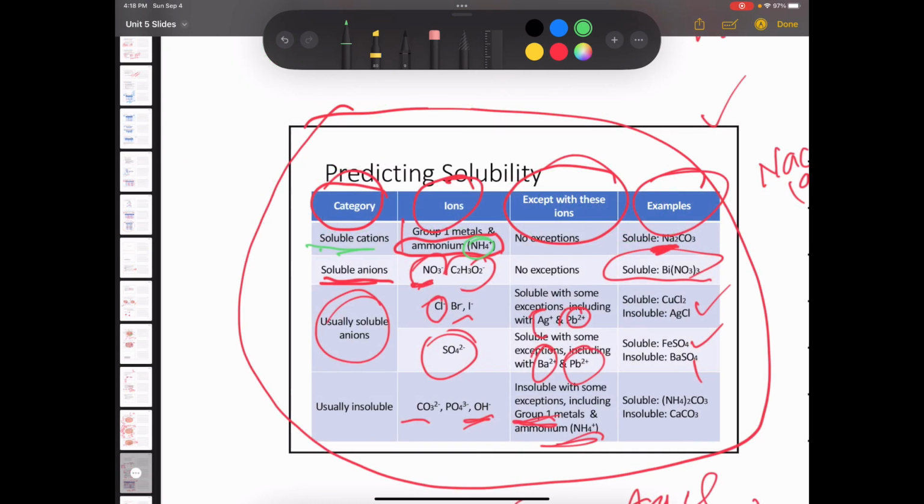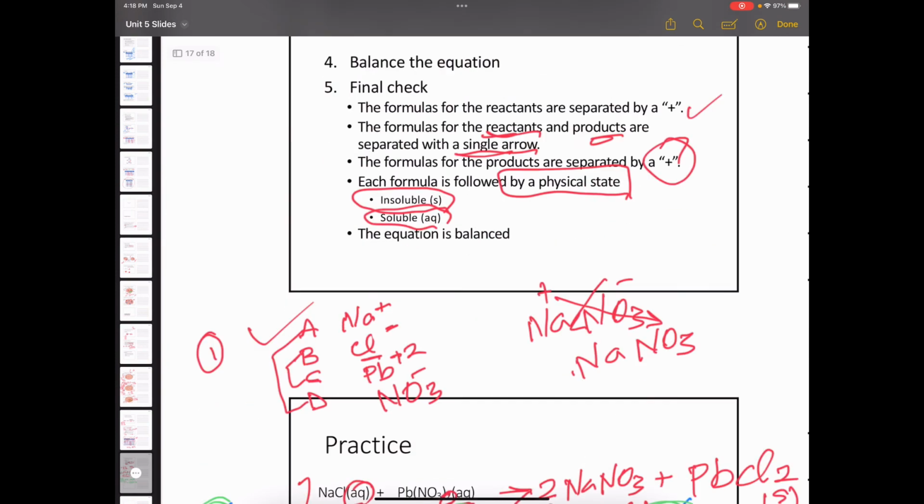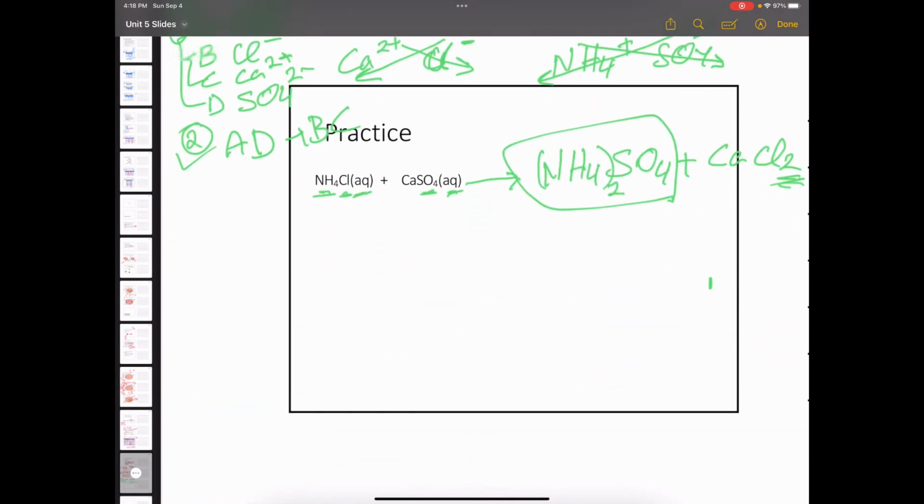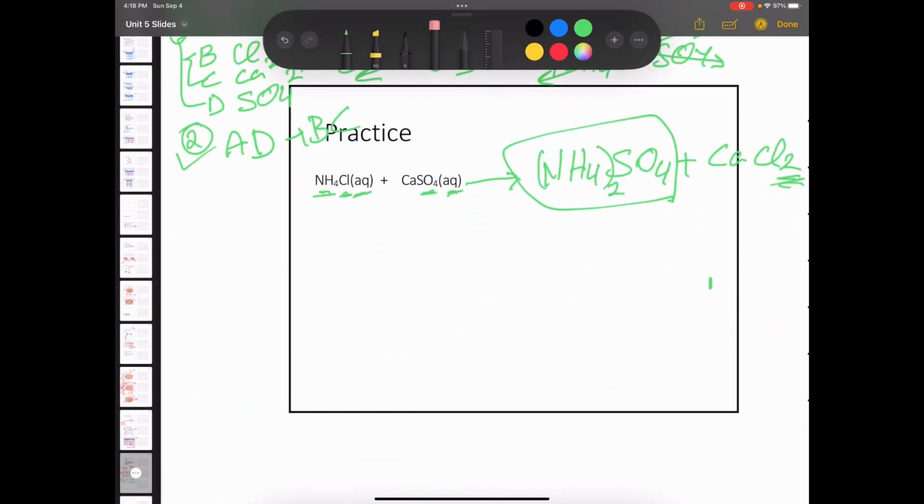So looking at this table here, we can tell that ammonium is actually part of the group 1 metals that always form soluble cations, and it has no exceptions. When I say it has no exceptions, that means the ammonium sulfate is actually going to be soluble. So when we say soluble,